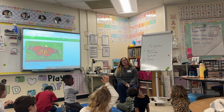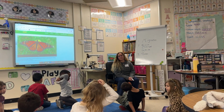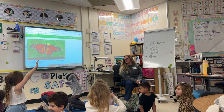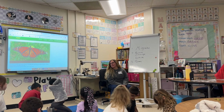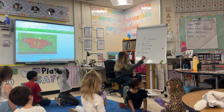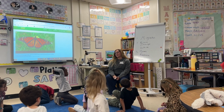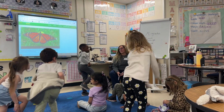It's a good idea. Haley, do you remember? It was to help them keep what while they're flying? If they get apart, they know their way back. Yeah, and it helps them keep their balance so that they don't tip over while they're flying. That's the word balance. You know how when you stand on one foot, you're trying to keep your balance so you don't fall over? Yeah, like this. That's what their antenna helps